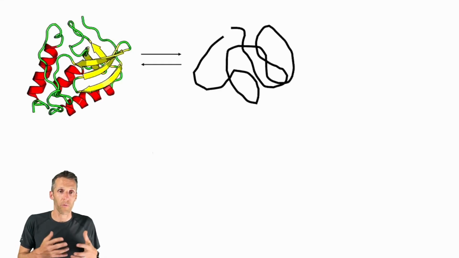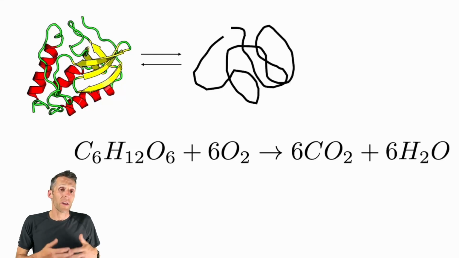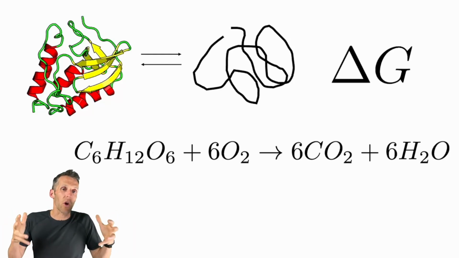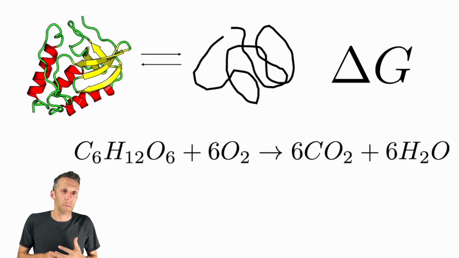So when we're thinking about biological systems, we often encounter a free energy. For example, if we're imagining a protein that's in equilibrium between a folded form and some kind of unfolded form, we could describe this equilibrium using a free energy. We might also encounter it in, say, metabolism, if we're thinking about what is the amount of energy that a cell can extract or use out of, say, glucose respiration or a combustion reaction, as I've written it here. How do we get energy out of that? And so there's this thing looming, this delta G, which looms over everything that we think about.